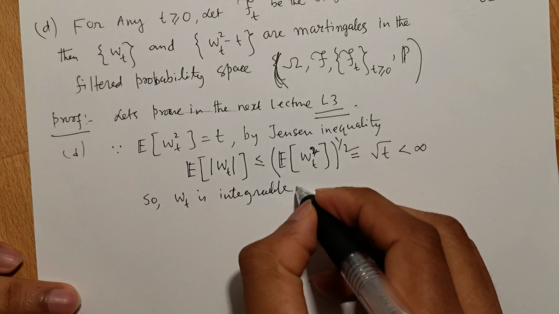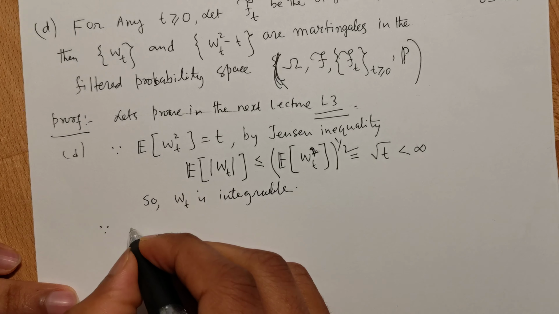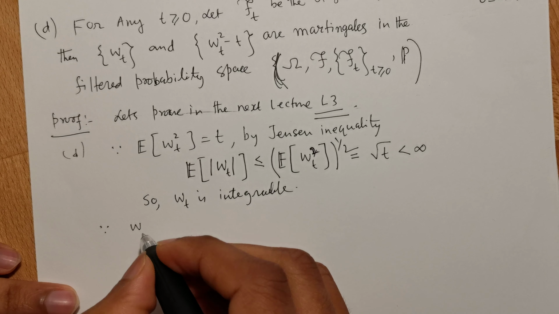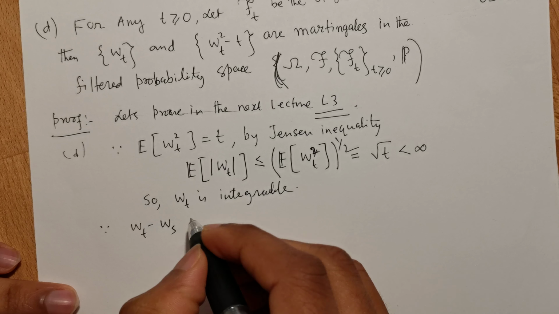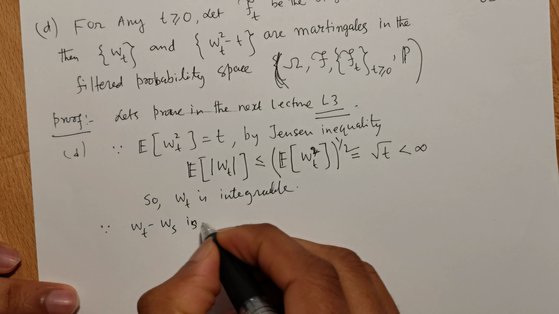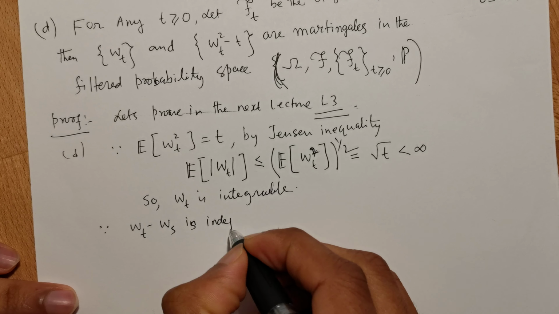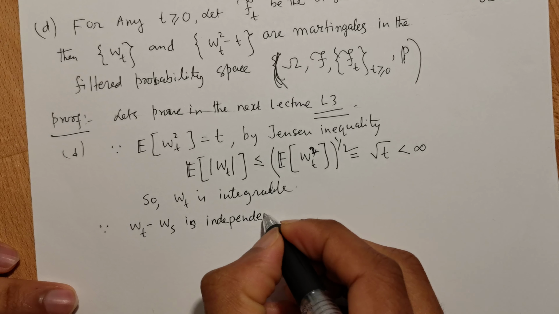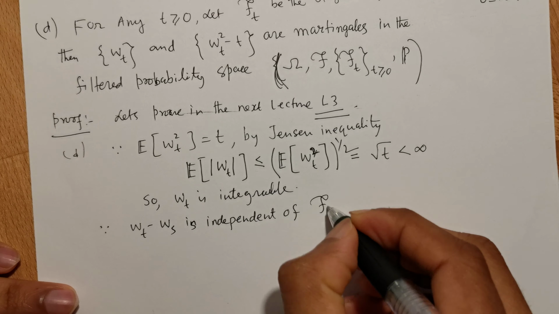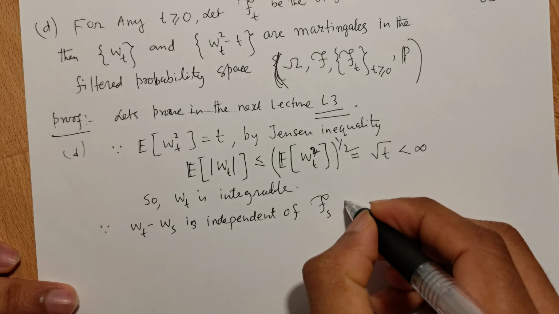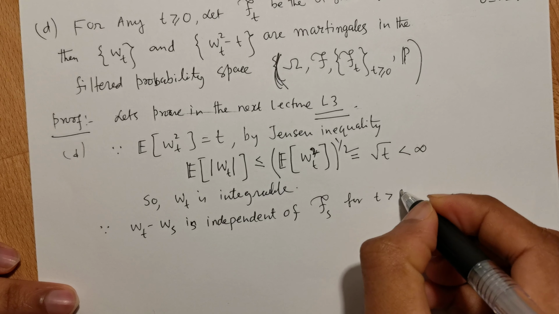And since Wt minus Ws is independent of the sigma algebra Fs for t greater than s, we have,